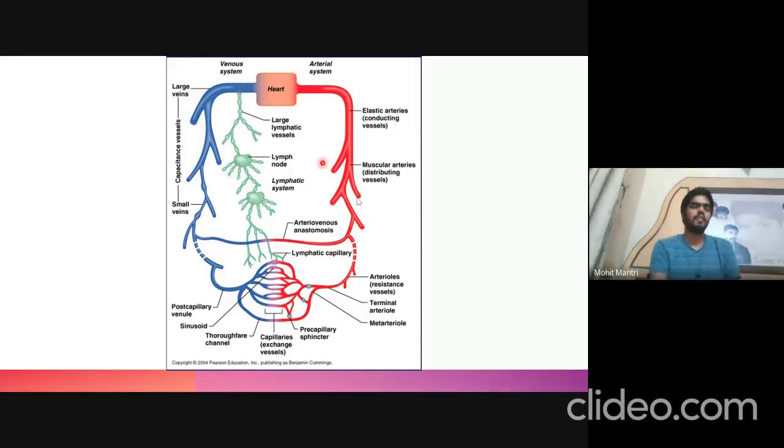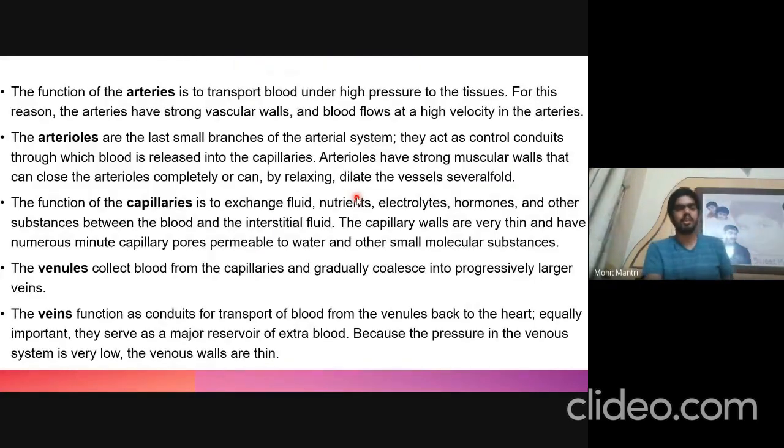So there are 5 types of blood vessels. First is the arteries. The major function of arteries is to transport blood under high pressure to tissue. So blood will flow from the heart to the tissues inside these arteries, and since the heart is undergoing continuous contraction, the pressure inside the artery will be very high, and this is the reason why they have strong vascular walls to handle this pressure, and the blood will flow at very high velocity in these